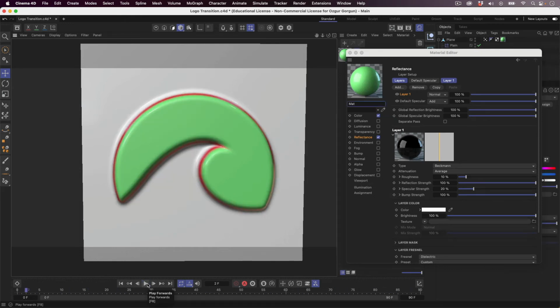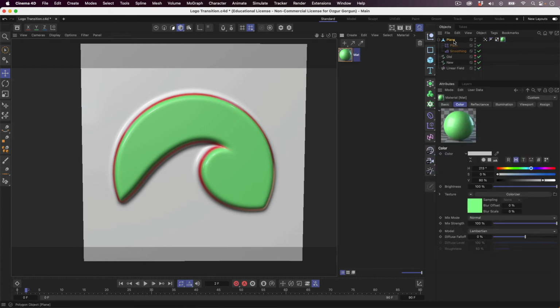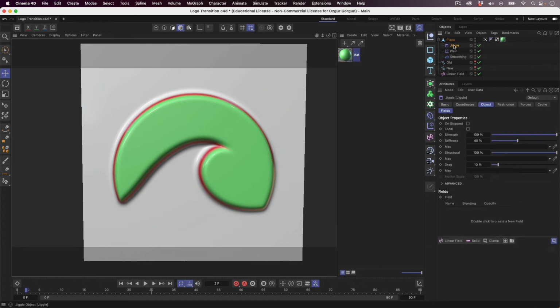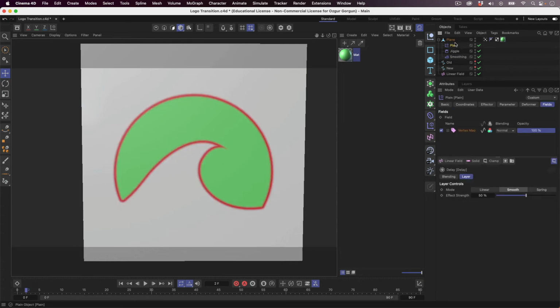And as a final touch, I'll go and add some jiggle to this. Let me just come out of this. I'll select the plane, hold down Shift and create the jiggle as well, so that the jiggle gets added as a child of the plane. But I first need to deform it with the plane effector, then jiggle it, like that. And then after that's been done, it will be smoother as well. So if I go back now and play again,